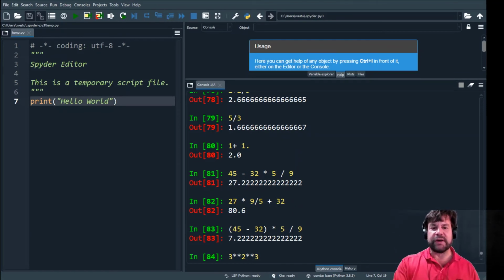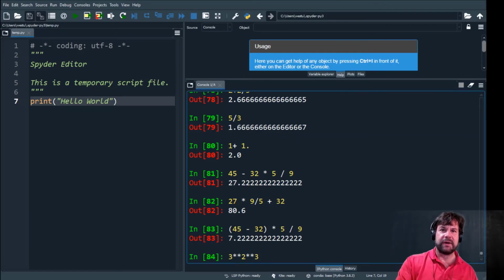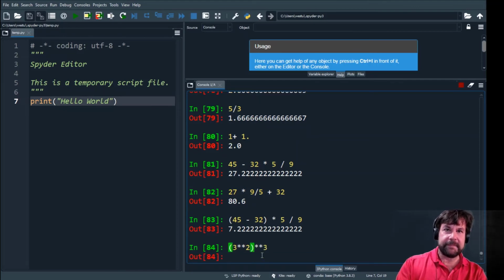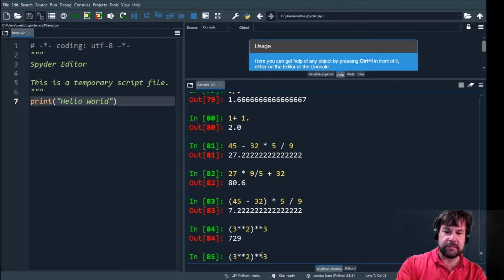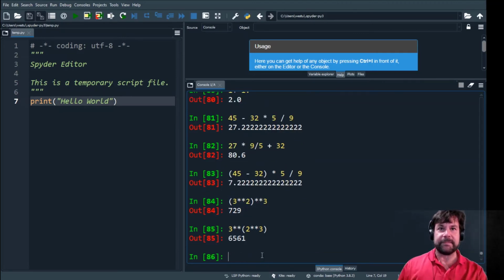So if we have something like 3 raised to the second power, raised to the third power, the question is, is this 9 cubed, right, which would be 729? Or is this 3 to the 9th, which is not 729? So is this equivalent to that? Or is it equivalent to that? And because it's evaluated from right to left,